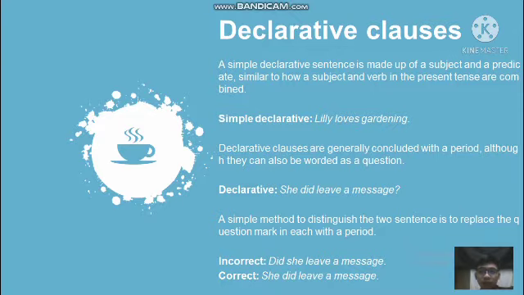So you can determine, for example, if these two examples have a question mark, which is the declarative question. Simply change the question mark to a period. If the period agrees with or is suited to the sentence, it is the declarative question. You found the declarative question. Okay, so let's move on.